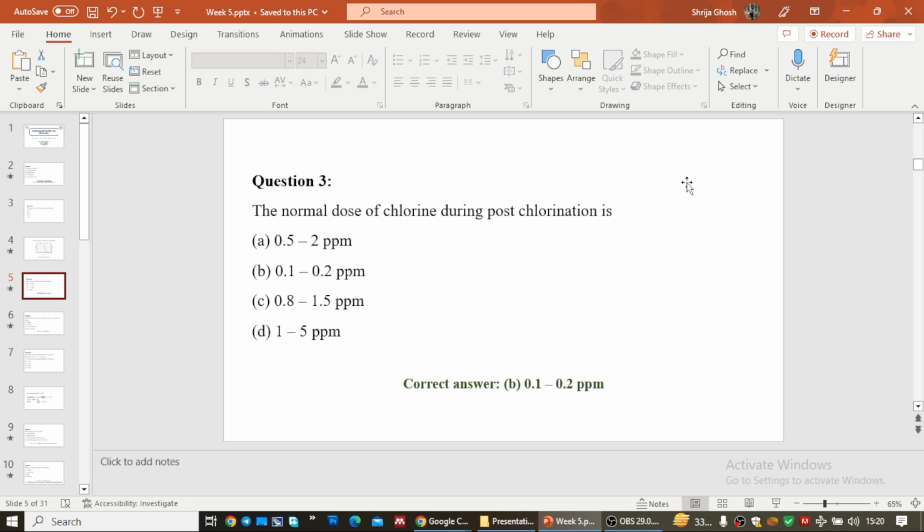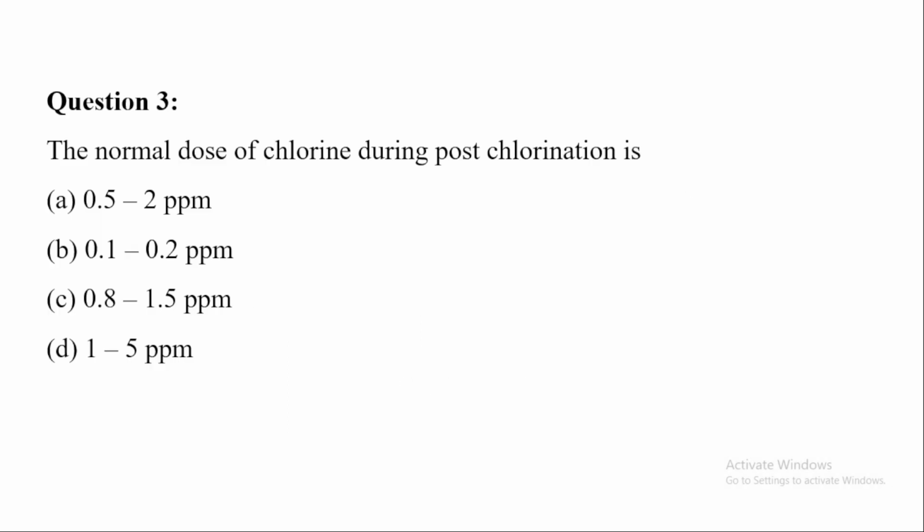Question number 3: the normal dose of chlorine during post-chlorination is. We have two forms of chlorination, pre-chlorination and post-chlorination. What do you mean by pre-chlorination and post-chlorination? Pre-chlorination means the chlorination process is done before filtration of the water, and in post-chlorination the chlorination is done after the